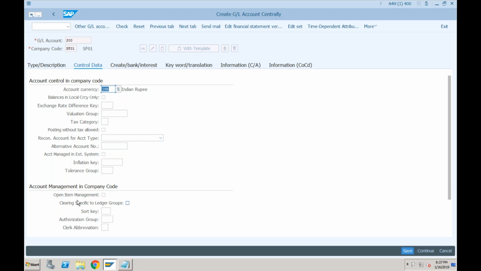Because of the ledgers? No, not exactly ledgers. In the first session, what we discussed was performance, speed, right? And what we discussed is more data, less speed. Yes, storage. So if you have many lines in your tables and you want to see them in FBL3N, then obviously you have to tick that indicator. But that means that many line items will be stored in the table, which will consume your memory and your reports will become slow.